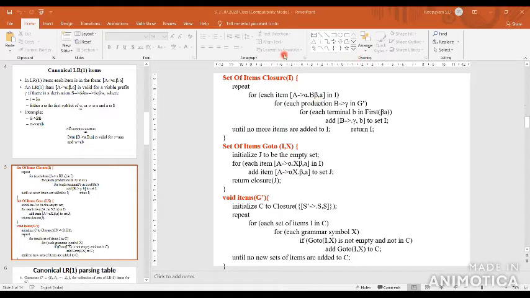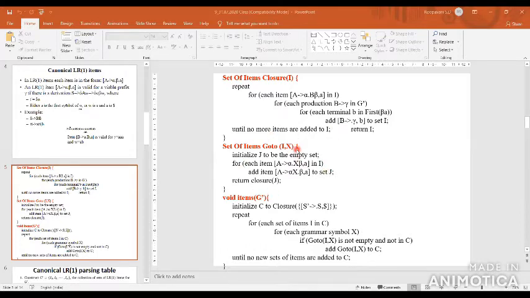So for a non-terminal, what will you add? Capital B is a non-terminal, so you have to add the B productions into the set of states. After that, for each production B tends to gamma in grammar G, for each terminal b in first of beta a, you have to calculate first of beta a for the given function. That is the lookahead symbol. Okay, we will see the problem; then you will understand the rule for the lookahead symbol values. So this is for the closure item.